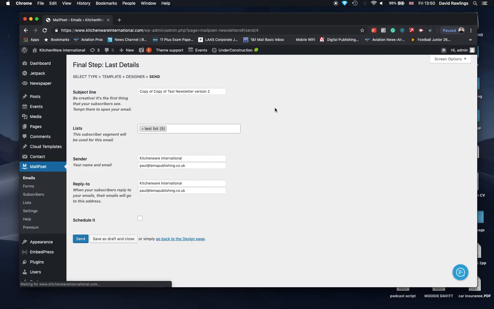Okay, now what it will do here, it brings up the subject line. So this is obviously what will appear on the email. So you don't want it to be copy of copy or whatever. So either you could select one of the stories that are included within the newsletter, or as a generic thing you could put latest